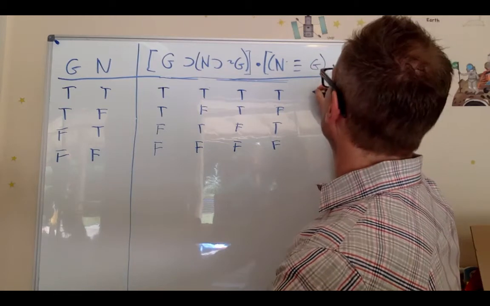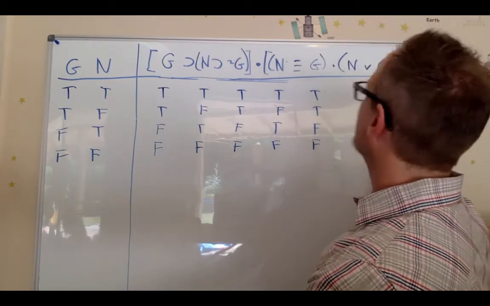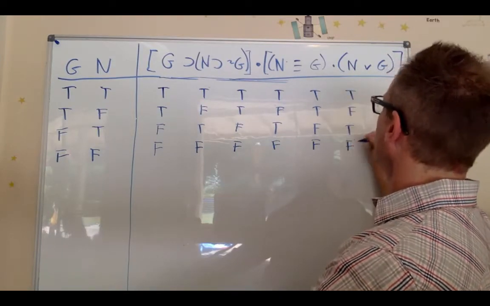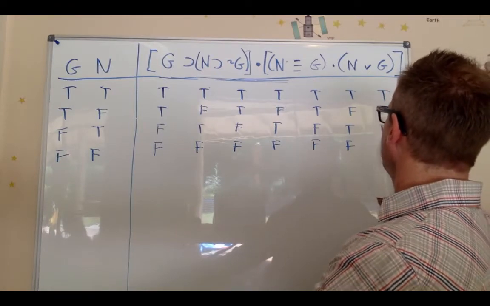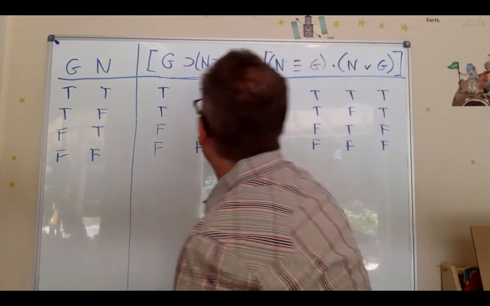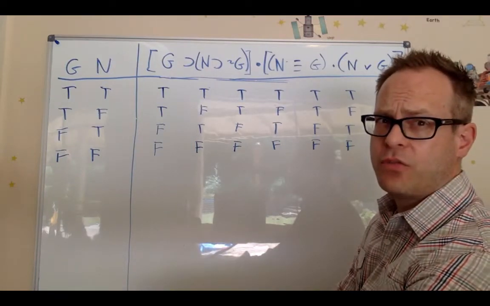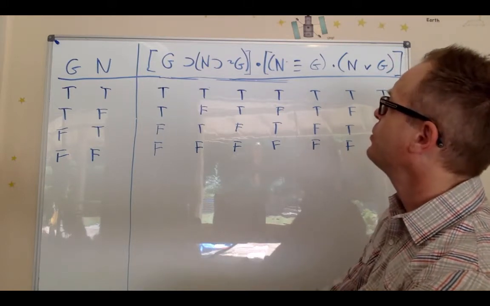And then T, T, F, F. And then T, F, T, F. Then I'm going to go to G. T, T, F, F. Okay. So I moved over all my individual values, and now I am just going to look for the first